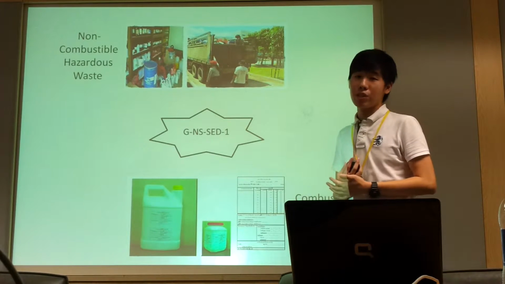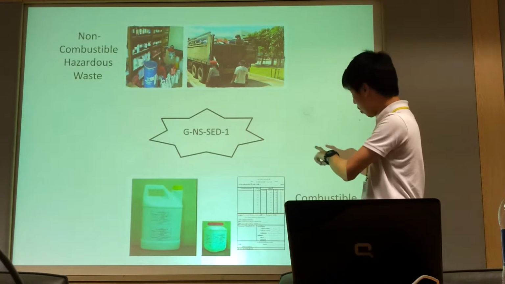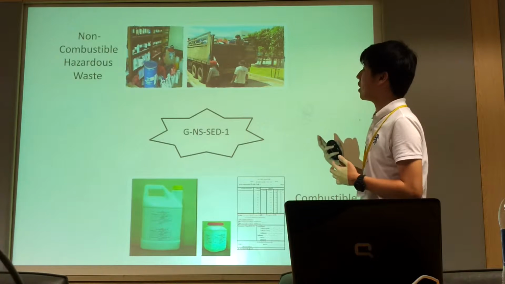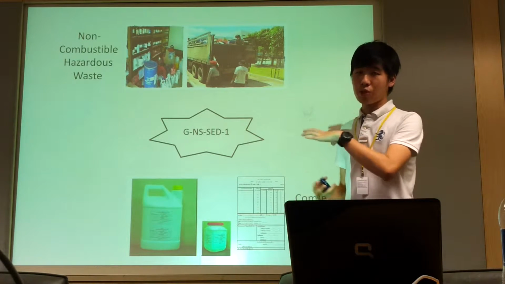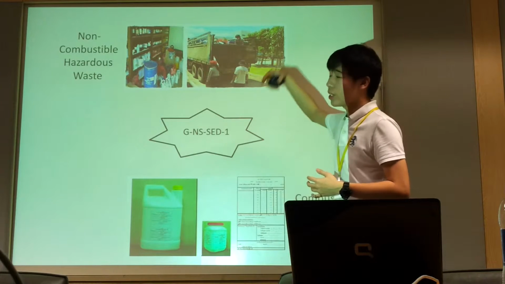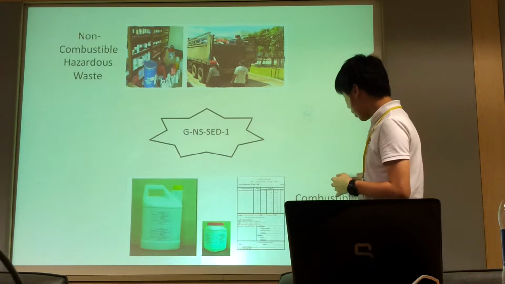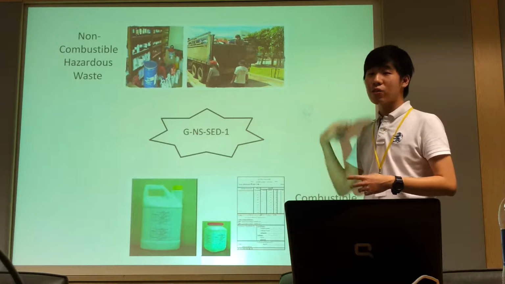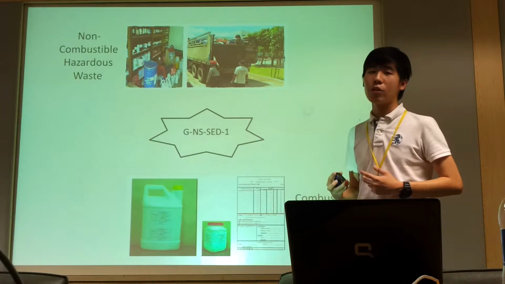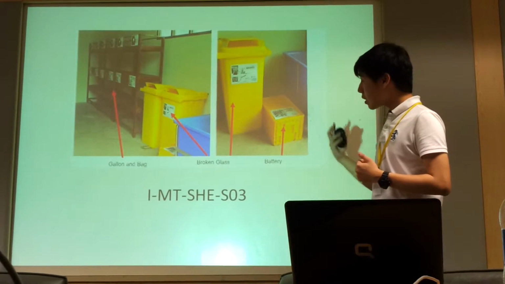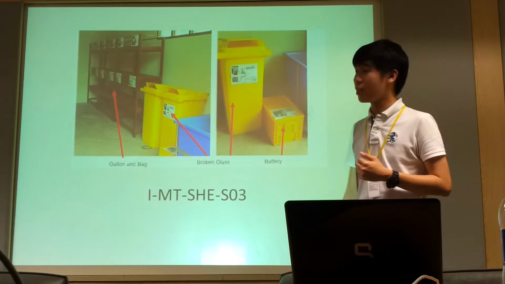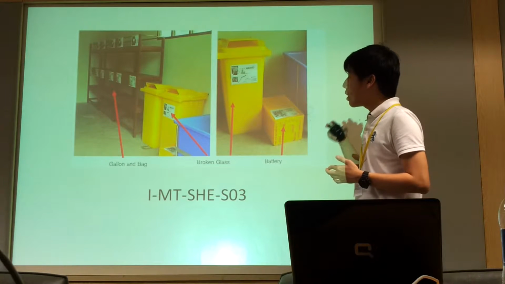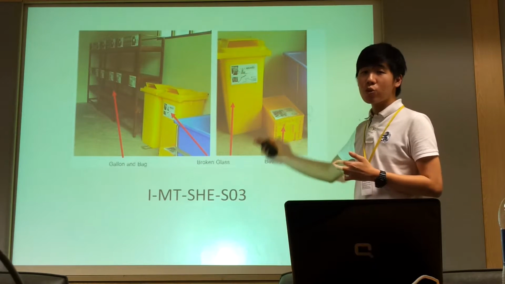And the next standard operating procedure, this code, is actually for two types of waste, where non-combustible hazardous waste is put into tubes and containers to be sent away by lorries, while the special case combustible hazardous waste will have to be labeled specially and put in special places to be sent away. The next code for a standard operating procedure is this, and of course the employee who is responsible has to send the waste to this waste room.